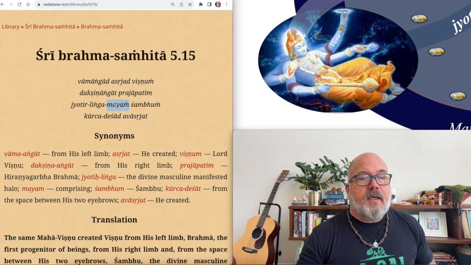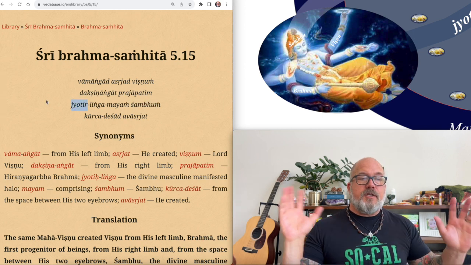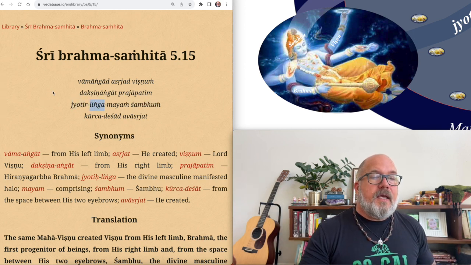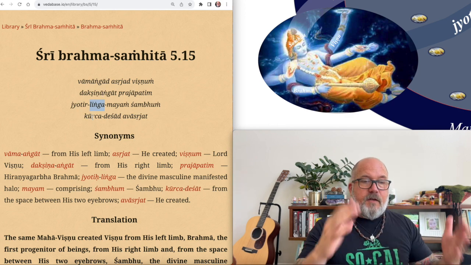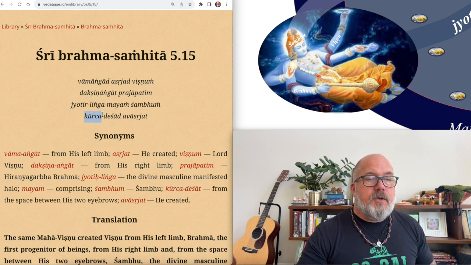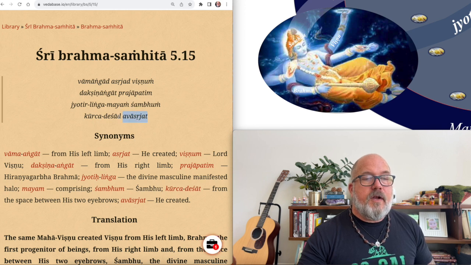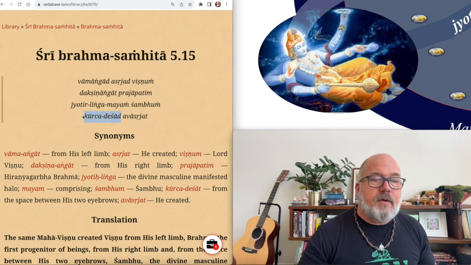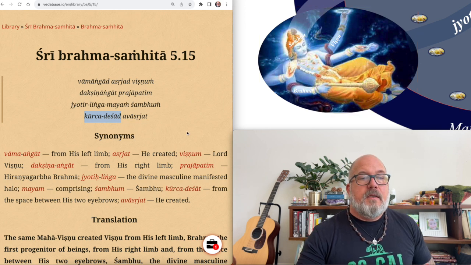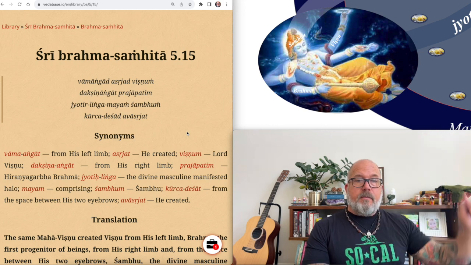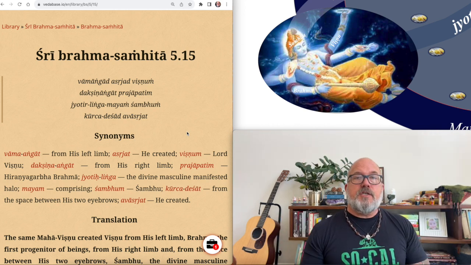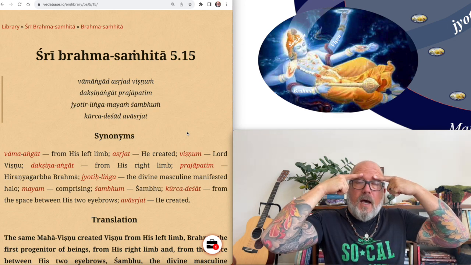Jyotir Linga Mayam Shambhu. Shambhu, who is the dim reflection, the Jyoti, the male generative organ, he manifests from Kurcha Deshad Avashrajat, created from between the eyebrows of Vishnu here. So Vishnu is from the left arm, Brahma is from the right arm, and Shiva, Shambhu, is from between the eyebrows